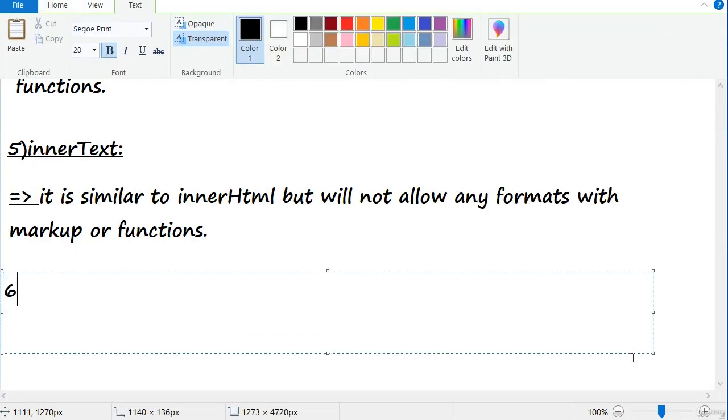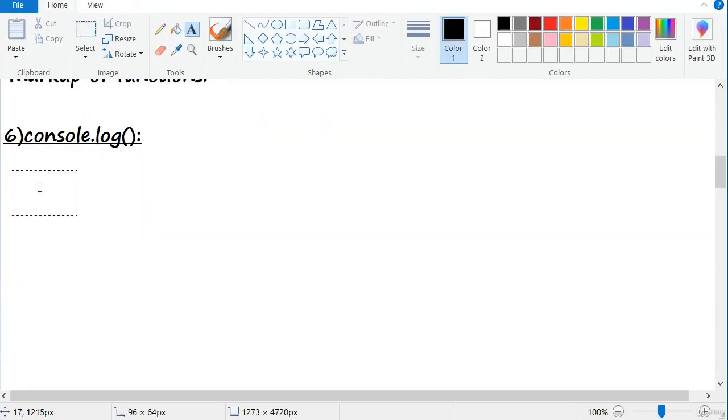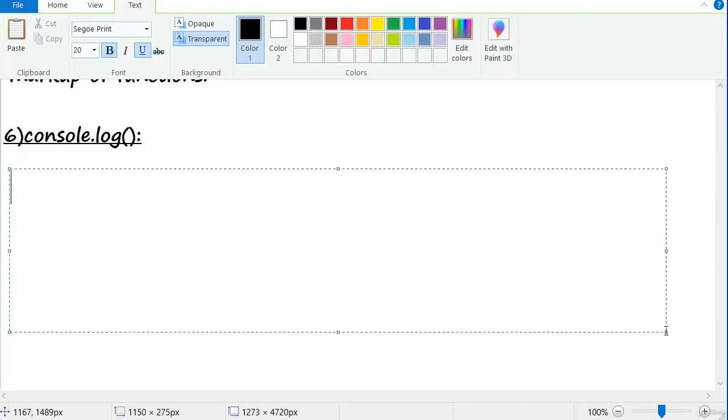console.log. So what is the use of the console.log function? The console.log function is an output function which is used in JavaScript to print the output in the browser console, which is available in the browser debugger.